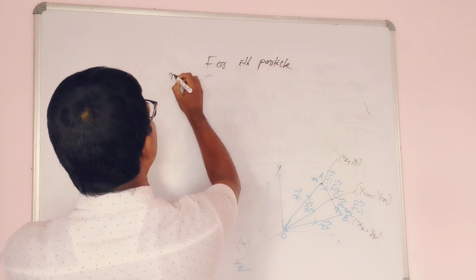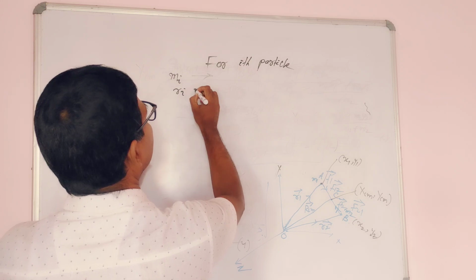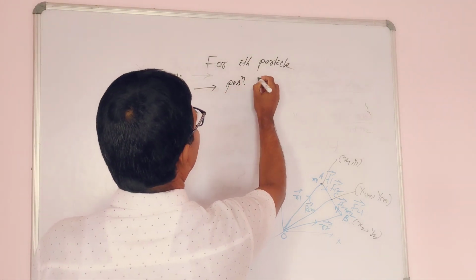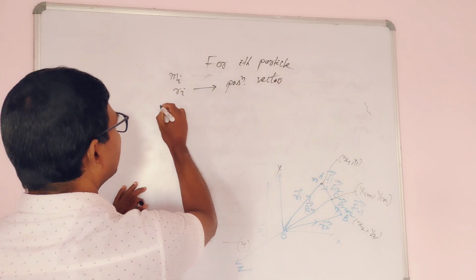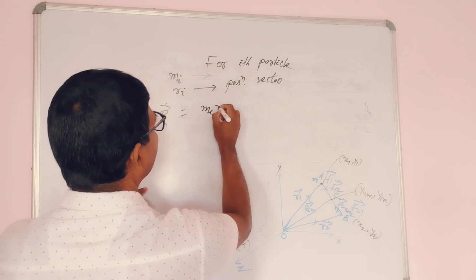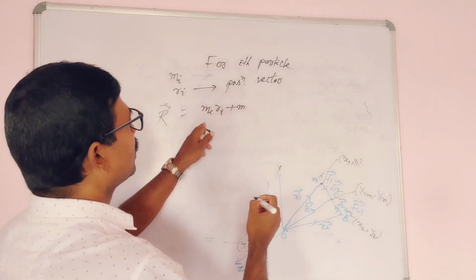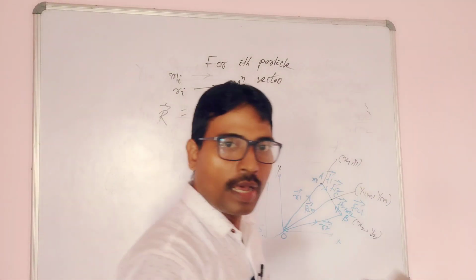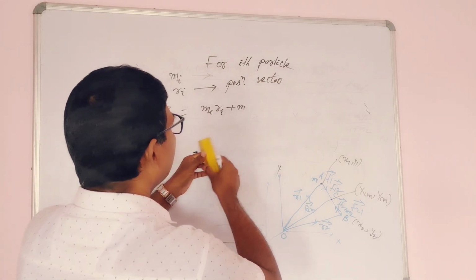So mass becomes mi, and position vector becomes ri. This is the position vector. So how can we write the main equation? R is equal to m1 r1 plus m2 r2 and so on. You will write it in this way. So that means